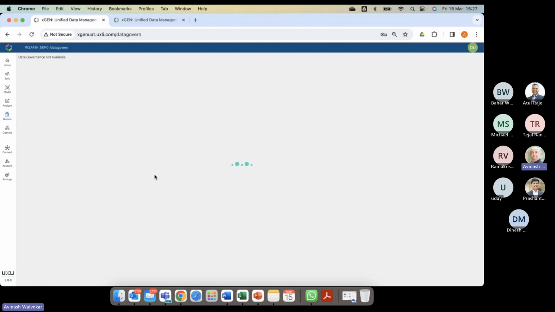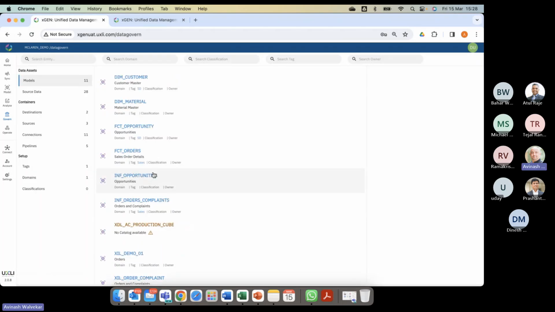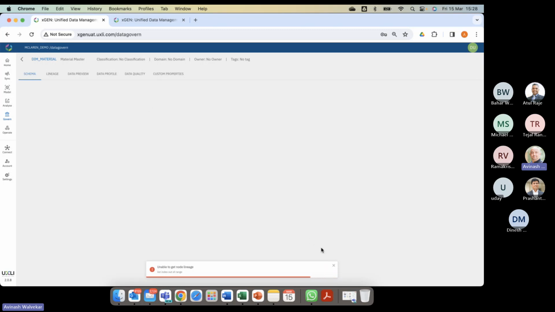So essentially, this is the data governance I was talking a lot about, where you are able to look at the lineage, the data profiling, and the rest of it. Okay, it comes. It did take us some time. Right. So this is essentially the data governance. Every object that was created using the XGEN system is available to you. For example, if I were to look at my material dimension,